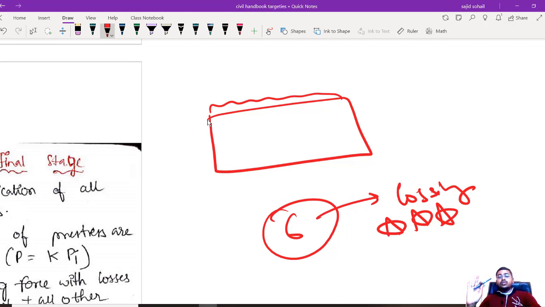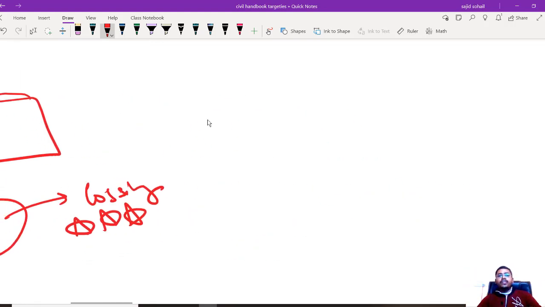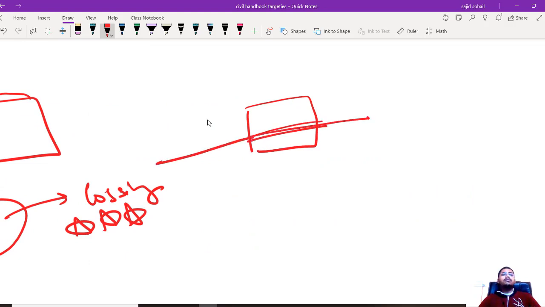Okay, so the thing is, whenever you are casting something, there won't be any loss of pre-stress. But once you have provided the anchorage, for example in post tensioning, you have casted it, you have stretched the bars, till then obviously there won't be any losses, right? So once you have provided the anchorage, cut it, and now you are using it for whatever purposes, then slowly the losses come into action, right?